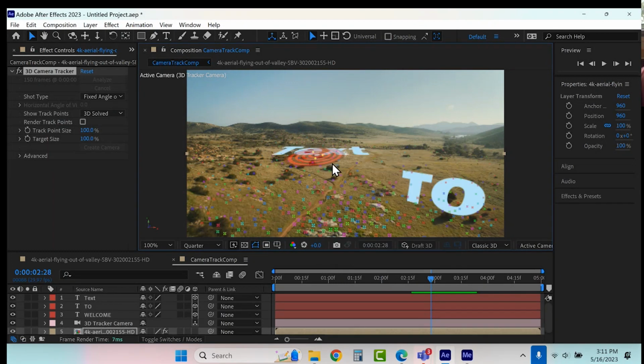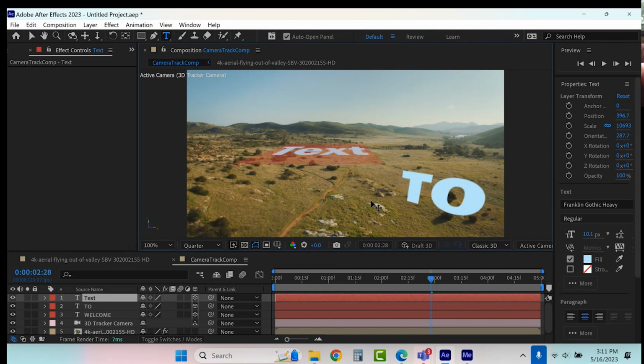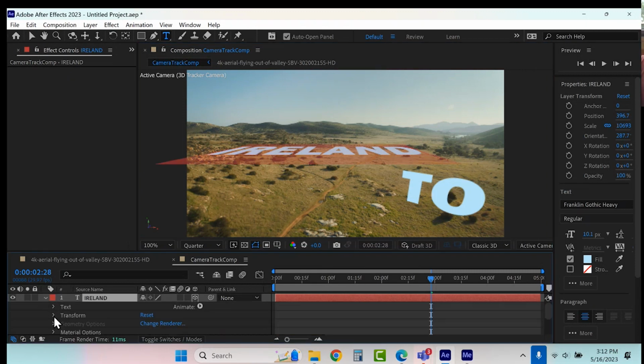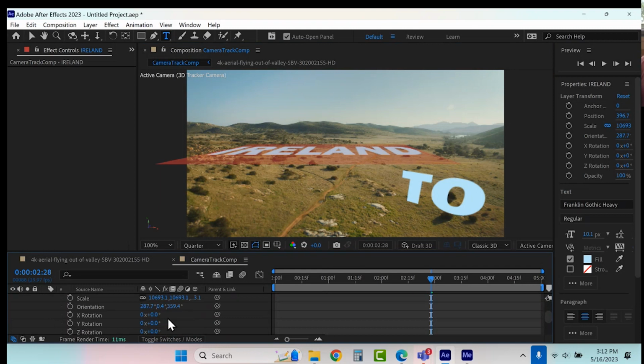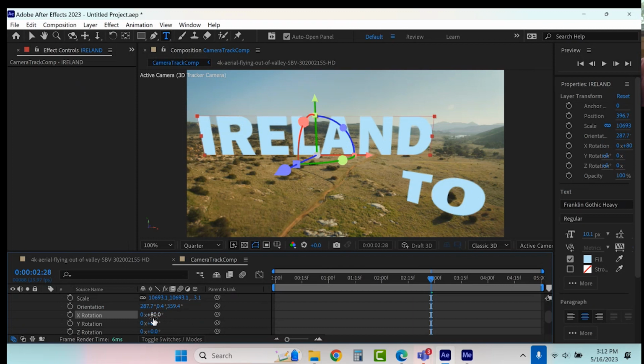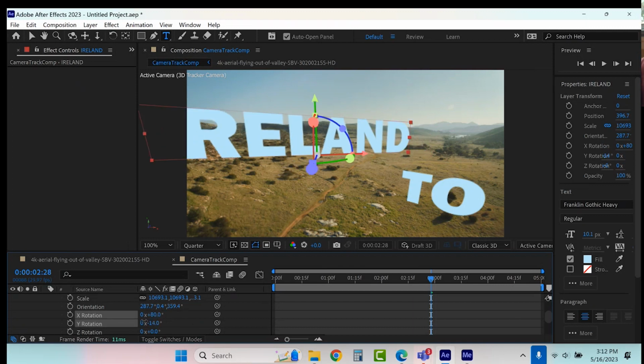Create text. I don't know, where am I? Ireland? I have no idea where I am. Ireland, right? So double click. Once again, we'll rotate. I know this already is 80 degrees that way. Maybe I'll rotate it just a little bit here.